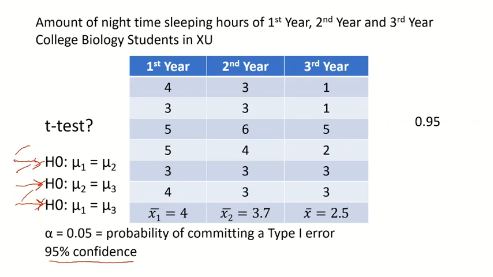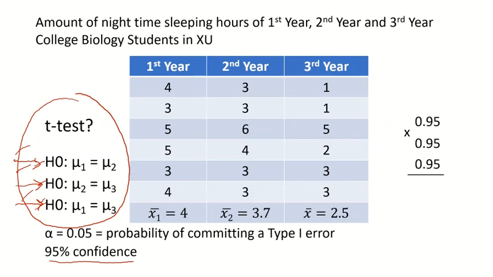So we're going to have 0.95 times 0.95 times 0.95. Therefore, using these three t-tests, the overall confidence is not 95%. Instead, it's now 85.74%,